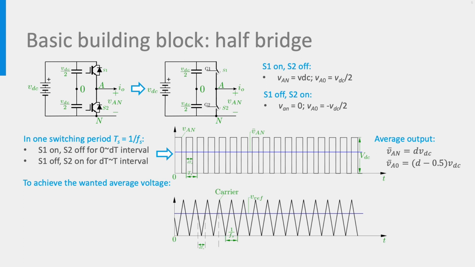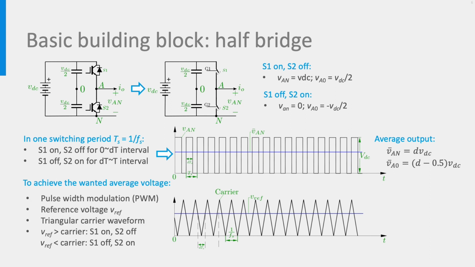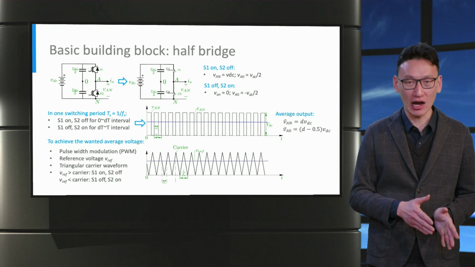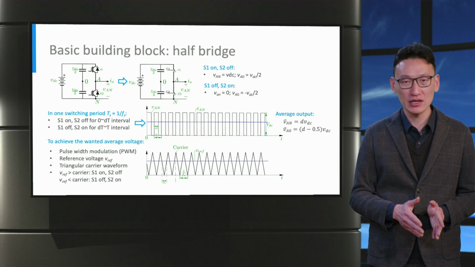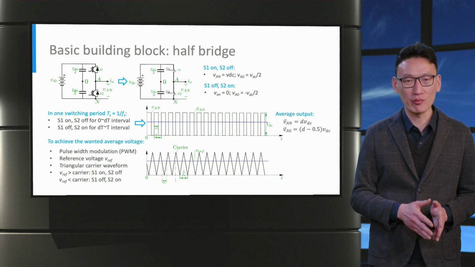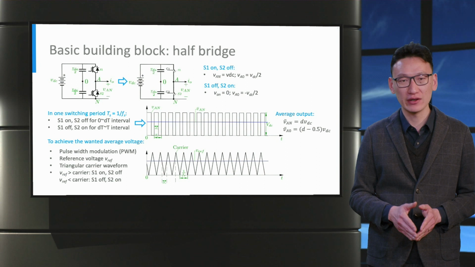A technique called pulse width modulation can be used. As shown in the waveform on the bottom, two waveforms are considered: a reference waveform noted by Vref and a triangular carrier waveform. When the reference voltage is greater than the carrier voltage, S1 is on, and when the carrier voltage is greater than the reference voltage, S2 is on. Therefore, by adjusting the reference and the carrier waveforms, the duty cycle D is automatically obtained to achieve the required